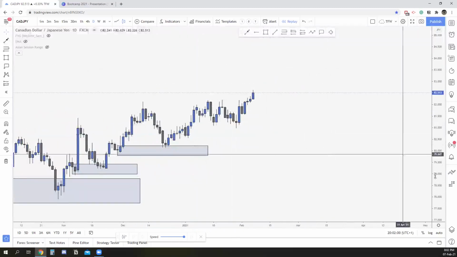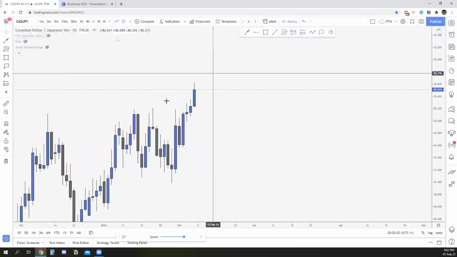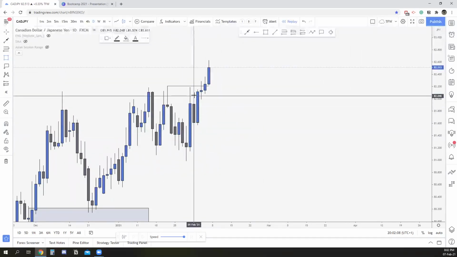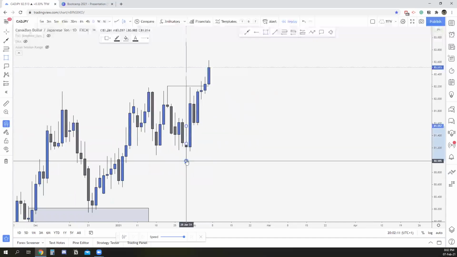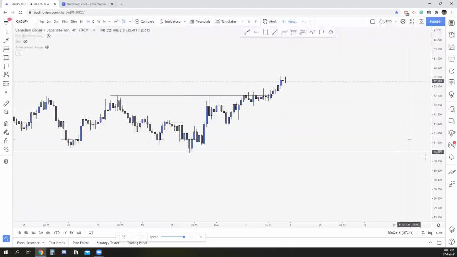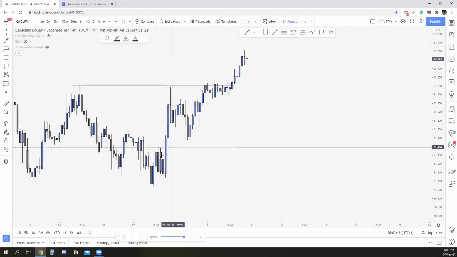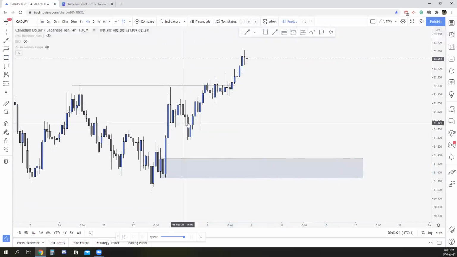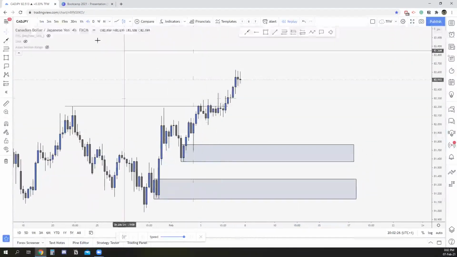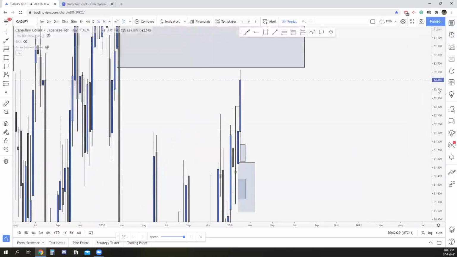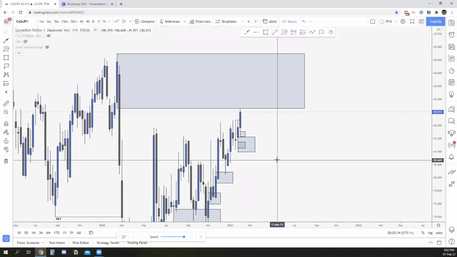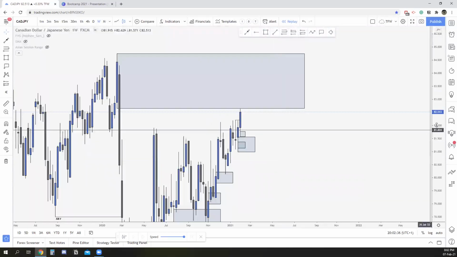And right now it's rather consolidating. But if I zoom in, you see that we just broke structure to the upside. Therefore, my OB should be this one, and then that one as well. But again, if it doesn't make sense on the daily, I'm going to drop to the hourly. And yes, this is a pretty clear one. And in the middle we have this one that was already mitigated with this wick. So currently on CAD JPY, I would be bullish. But keep in mind that we're getting into this weekly area that can give us some sells, right? Yeah, for sure. Good. All right.